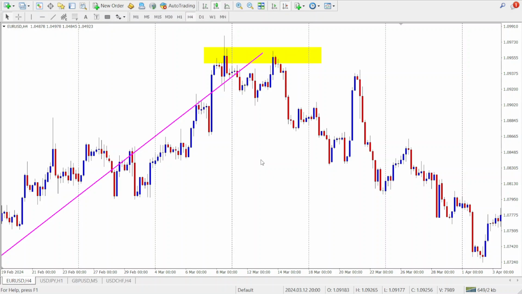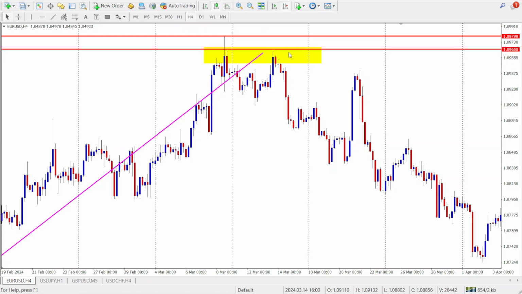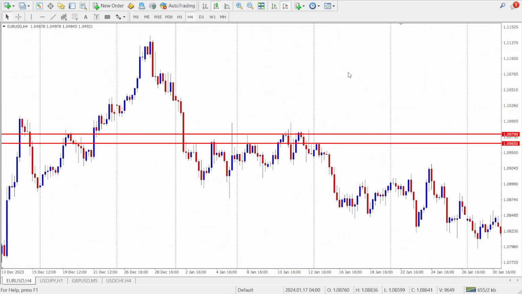So these are some of the common retail trader traps. The first is fake breakouts. Institutions can push price just beyond key levels to trigger stop losses before reversing. And you can see what happened here. It was possibly a fake breakout that happened around here, because you can see that